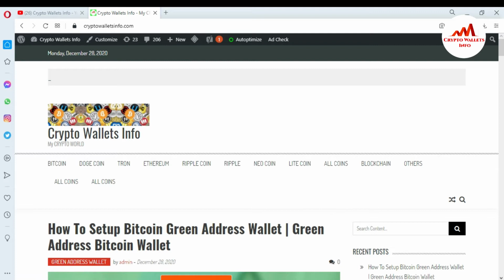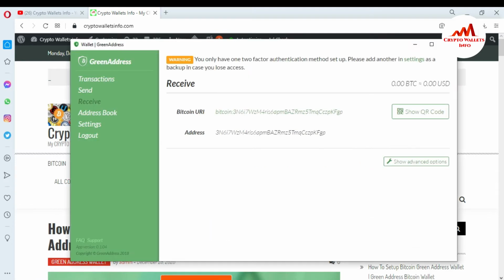So now I'm going to open my Green Address wallet because today I'm going to import my wallet with my private key. So you can see here Green Address is open in front of me, and this is my wallet address.